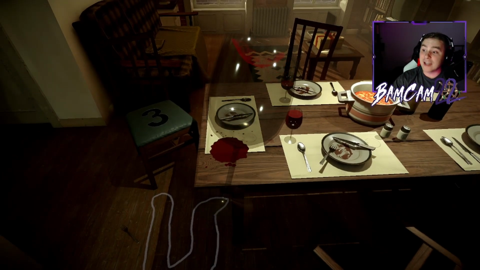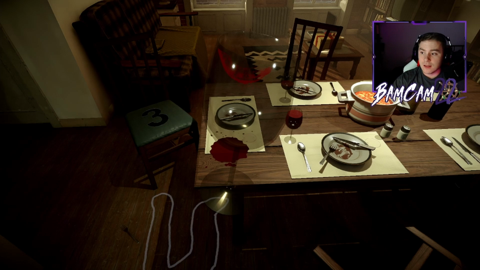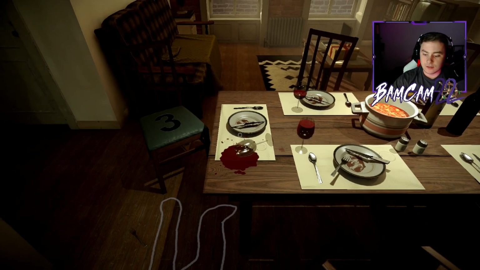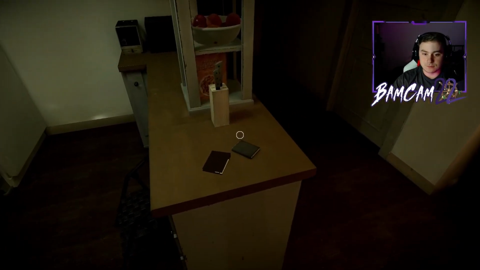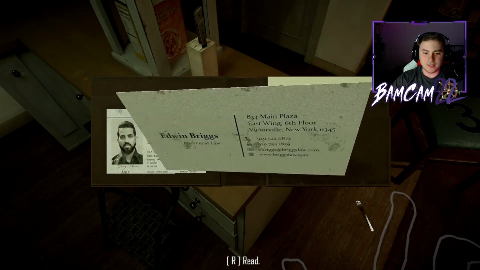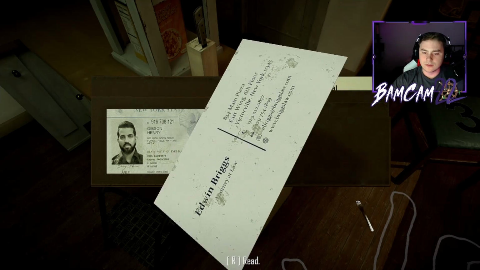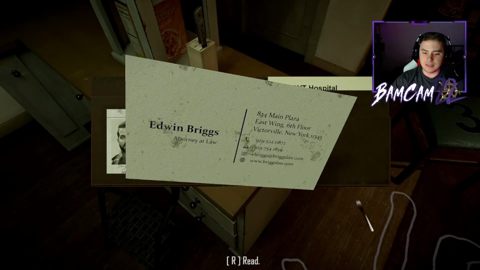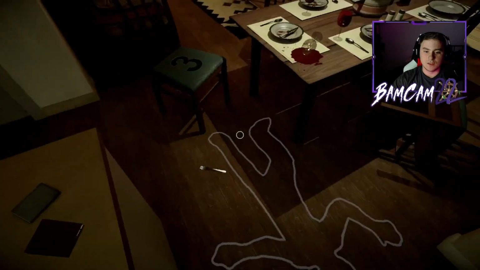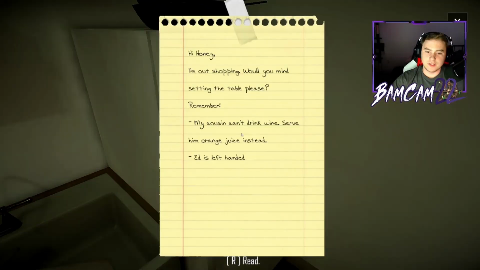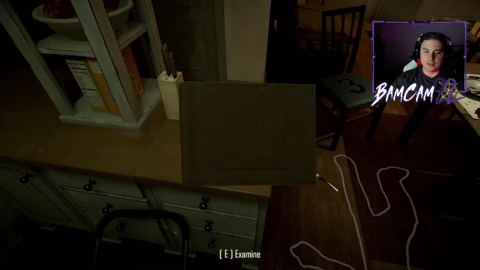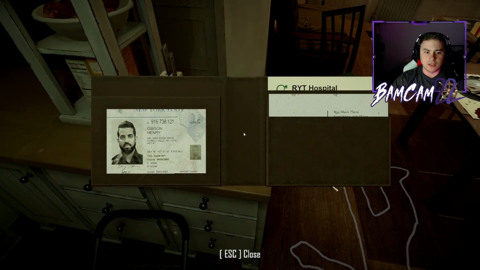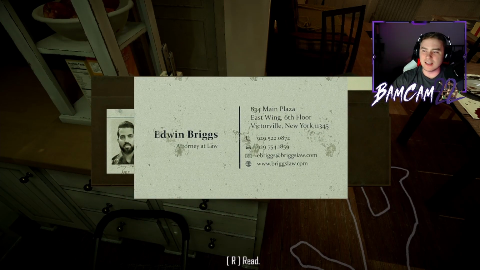We can now confirm the person that was murdered was a woman, which narrows us down to Jenny and Clara as the potential victims. It's Jenny or Clara. Is this the same Edwin that was at the table? If it's the same Edwin, which it has to be at this point, why would Edwin, the lawyer that Henry is seeing, show up to Clara's birthday dinner?